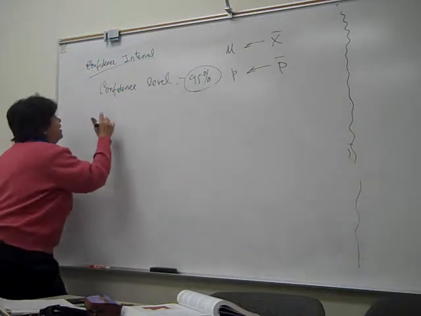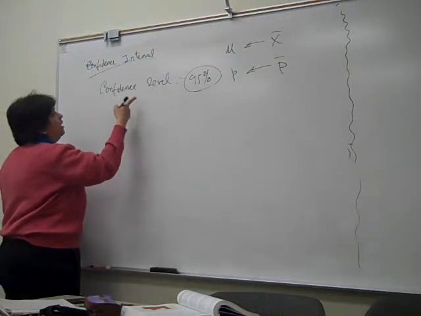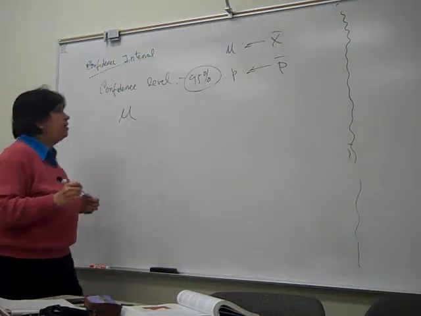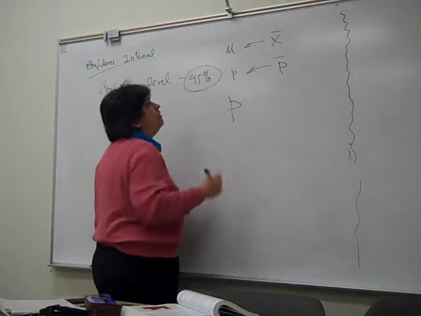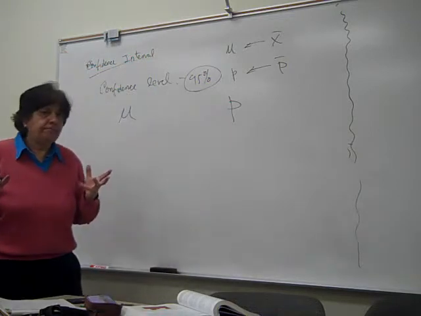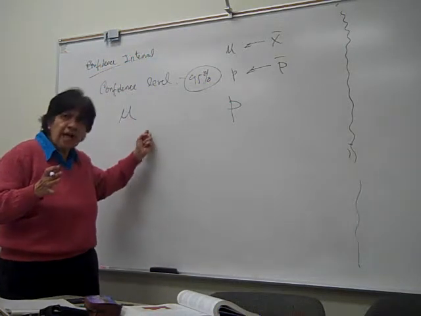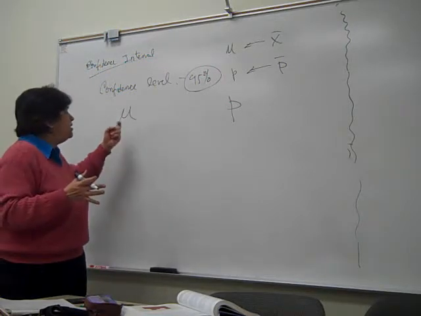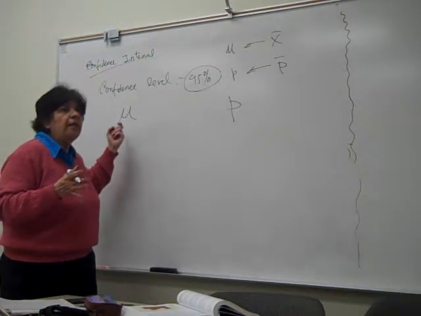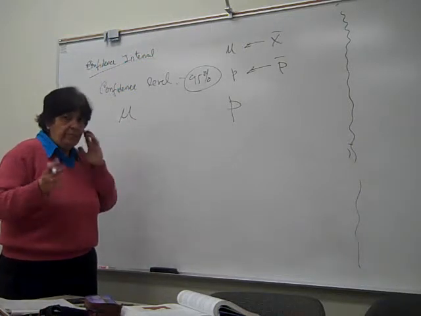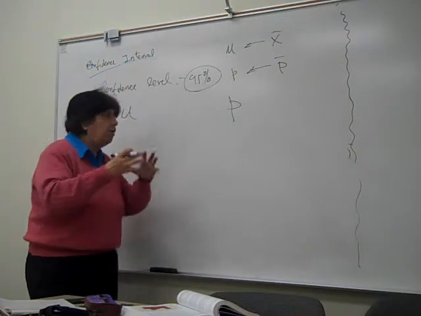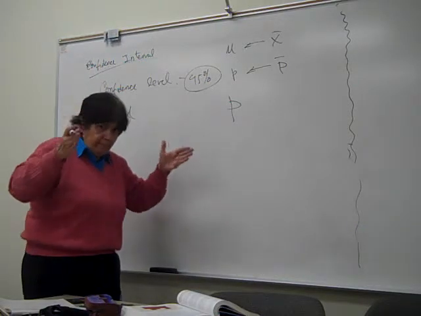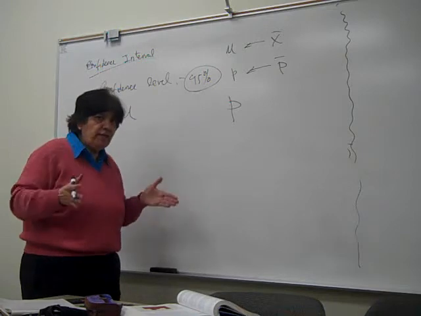We may have either the confidence level for the population mean or the confidence level for the population proportion. How are we going to do that? We are going to use what? The statistics. What is the statistic for the mean? X bar or the sample mean. So from a sample, I'm going to try to infer where is the real location of the